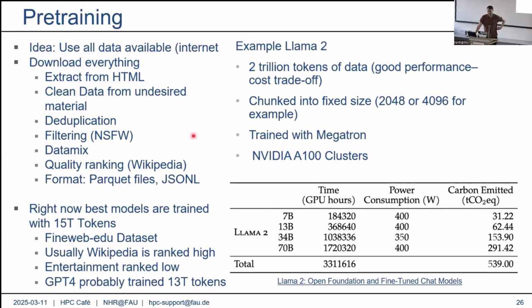GPUs. What is the price tag for 240 GPUs? Something like 5 million euros. 7 million. So these are really expensive training runs. You shouldn't do 10 different masterpieces and evaluate different